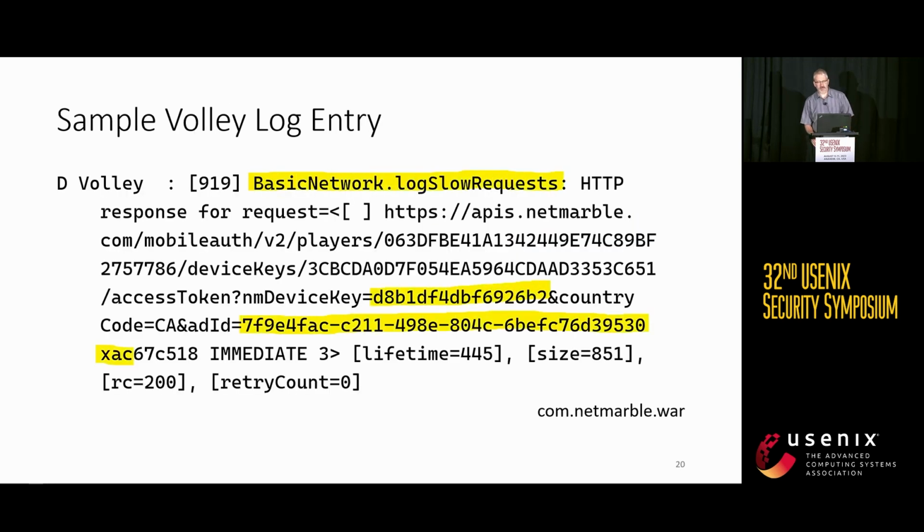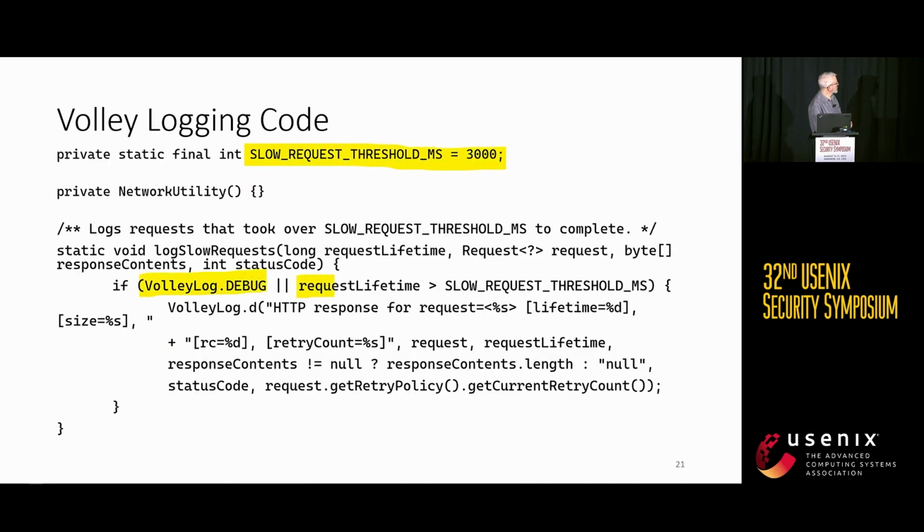So in examining logs generated by apps on our test phone, we came across this interesting one that seemed to have device identifiers right in the log entry. You'll notice it looks like an entire URL request string. Now, where is this coming from? Well, Volley is a library that's used for network configurations, and works really well if you're writing an app. And the particular line that was logging this, about the slow request threshold, well, like a lot